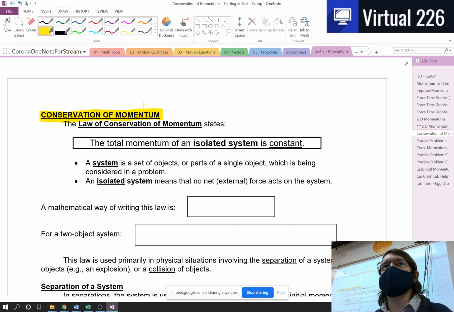This is another conservation law, like some of them you might have learned in the past. Conservation of mass, conservation of energy. Really, they're the same thing. Thanks, Einstein, E equals mc squared. But this is another conservation law. Momentum must be conserved. The total momentum in an isolated system is constant.